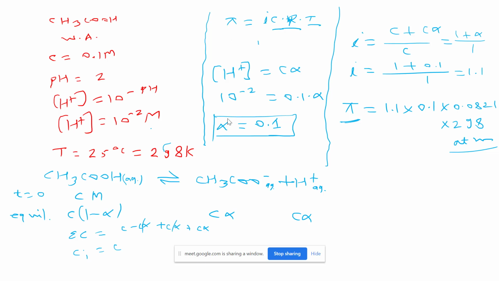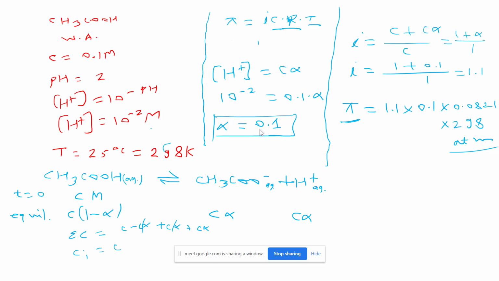That is correct also. And even we can calculate by this way also. Because when I did 1 minus 0.1 at equilibrium, it will give 0.1 and 0.1. Yeah, you can take it easily. Okay, got it, sir. Anyway, you can use this for calculation of alpha. Actually, we have discussed two methods. Any method can be applied here.